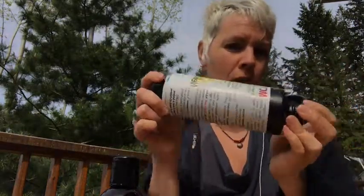And then your MCT oil or fractionated coconut oil. So this is coconut oil in a liquid form. So you can hear it sloshing around there. And it doesn't ever solidify like your normal coconut oil would when you put it in the fridge or whatever. It's always going to be liquid. I find it to be quite light. So I use it a lot for